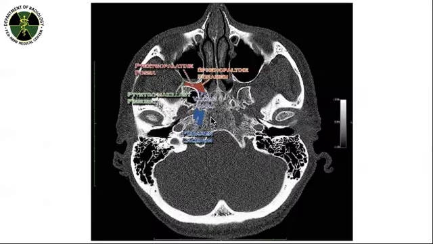So this is the area of your pterygopalatine fossa, which is the hallmark of your JNA. Okay, so this is the area where your JNA occurred. And then for the anatomy, the adjacent structures are the pterygomaxillary fissure, the sphenopalatine foramen in here, and in this area is the foramen lacerum. Okay, so this is an axial CT scan showing you the pterygopalatine fossa in here, which is the landmark for your JNA.